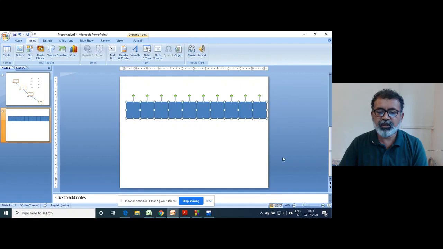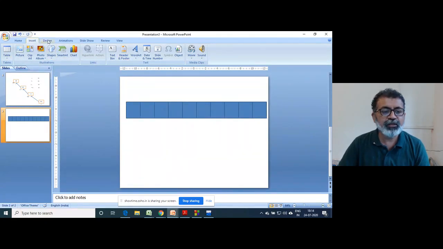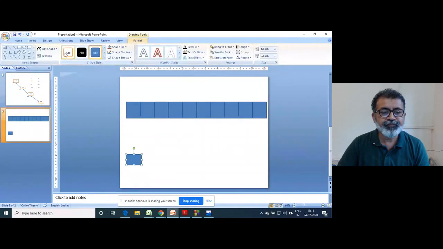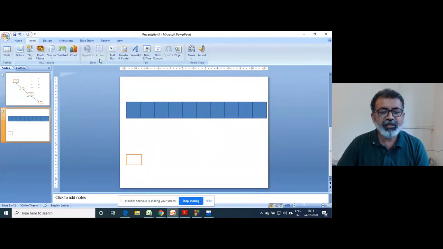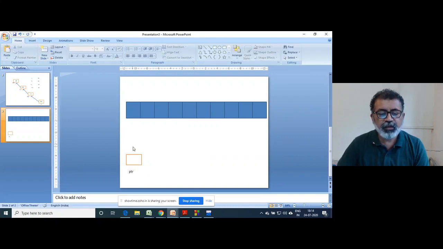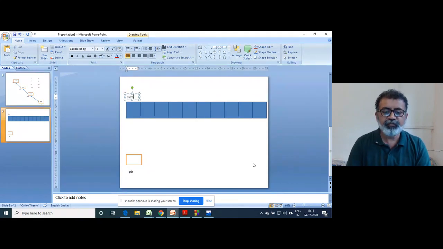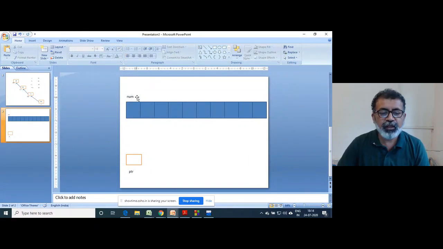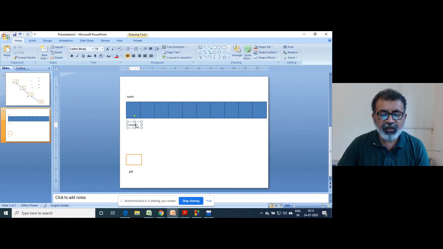So this is how an array looks, right? There is a pointer variable here, and this is actually the PTR, and this is num, the name of an array.